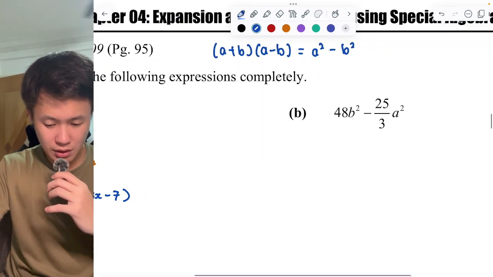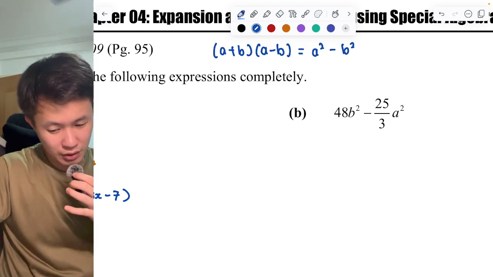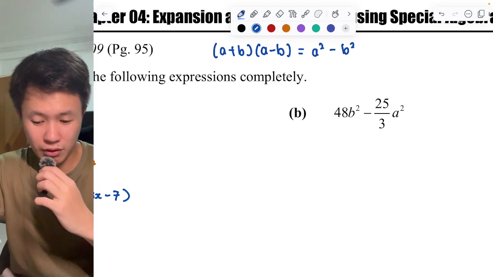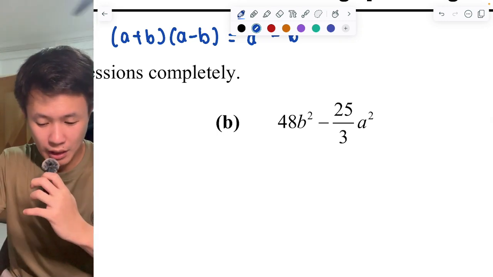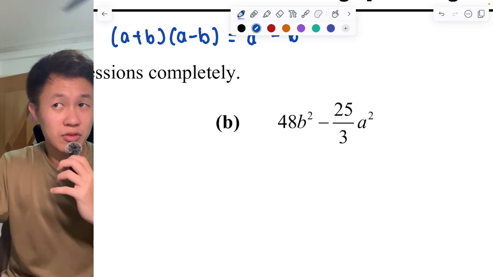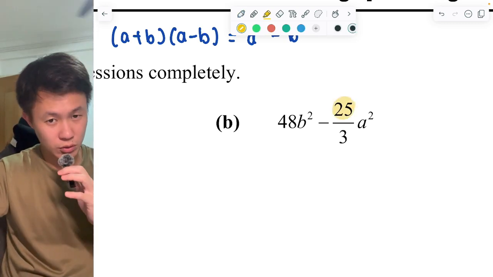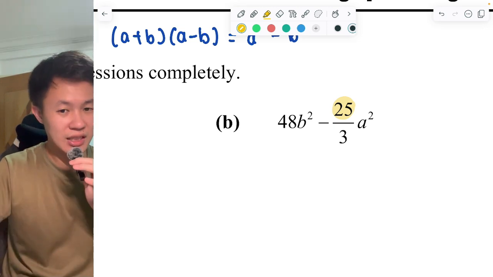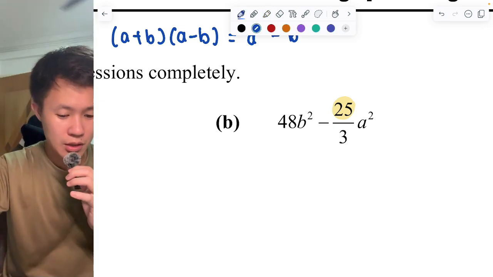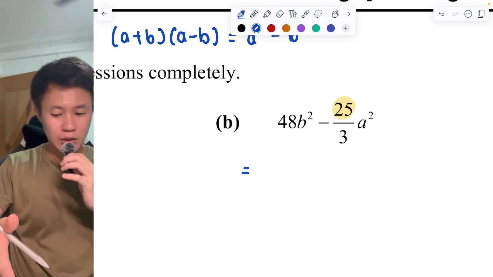Next, we will look over here. You have not very nice numbers. We have 48b squared minus 25 over 3a squared. Now I'm going to teach you one very important trick, which is to be able to factorize out a fraction. If you look over here, 25 is a nice number for us to work with, right? The problem is that 48 and 3 are not nice perfect squares. So what I would like to do is to get rid of the not nice